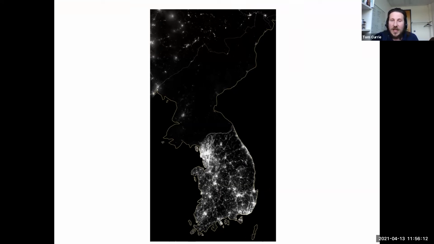These are an indication of economic development. And you can clearly see the border that separates North Korea and South Korea, which points to very divergent pathways taken amongst a population that was fairly uniform culturally